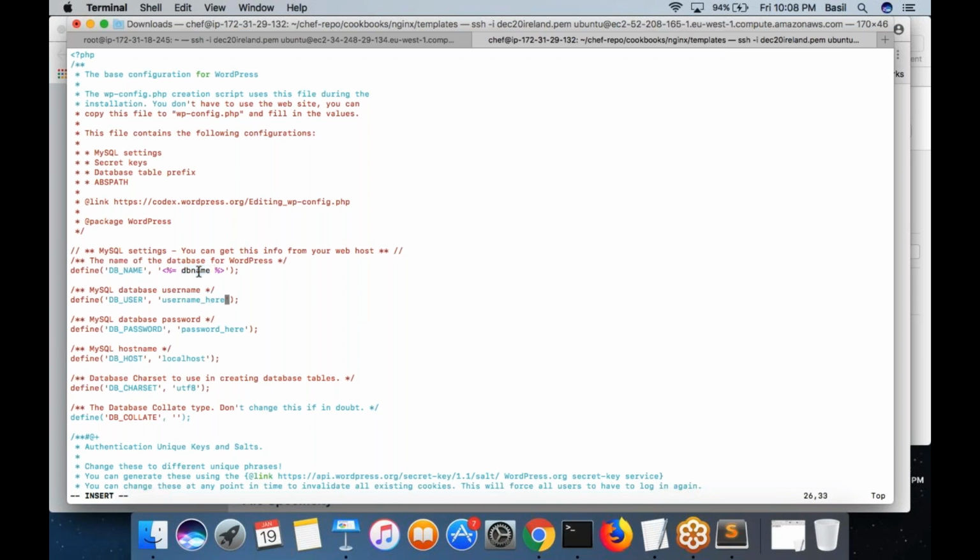Here you put the username, or maybe put db_user as the variable. Over here you put db_password as the variable. Over here you put db_host as the variable.